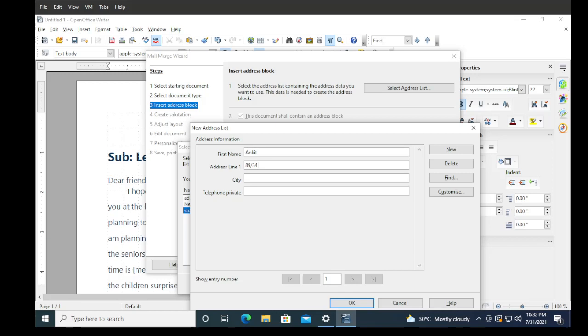And here you can write down the city name. For example, I am writing here Rohtak, and after that write down here the telephone number.